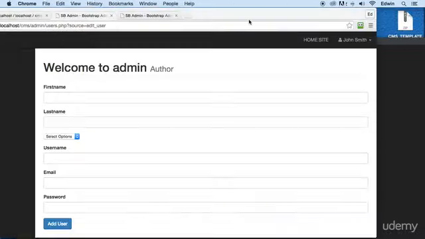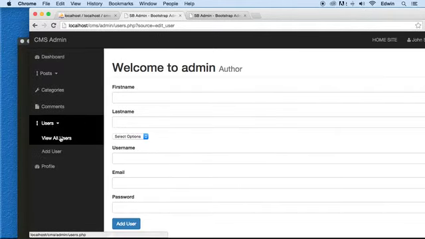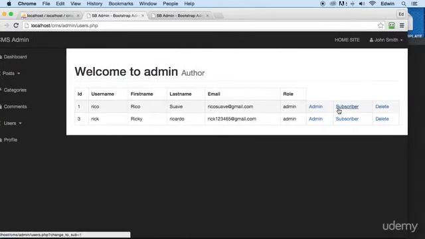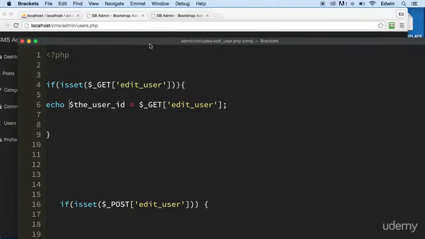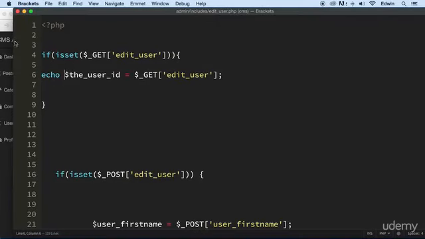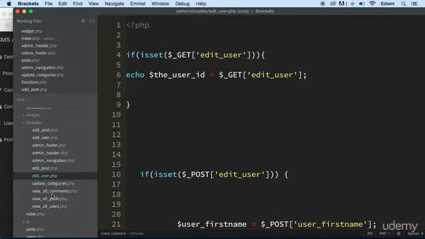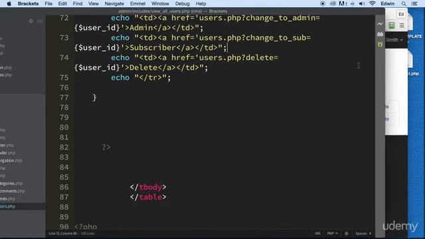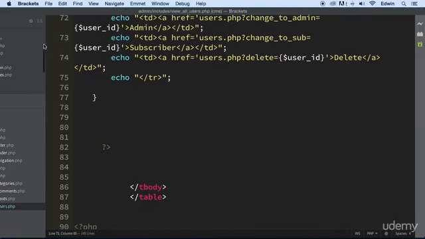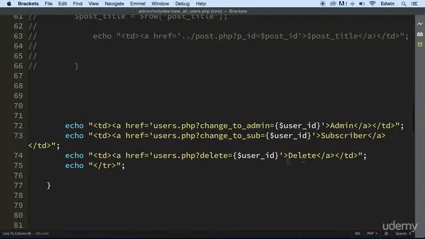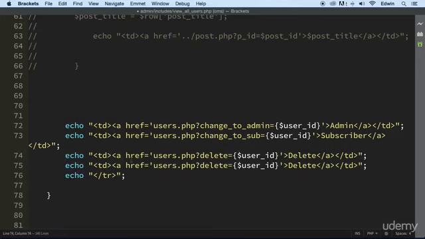Well, we also need to update a link here. If we go to view all users, we don't have the edit link right here that we need to send that GET request to that page. So let's go to that view all users there and get that link. View all users, and the link should be right here. All right, so let's do the link right here before delete. All right, and let's name it edit,